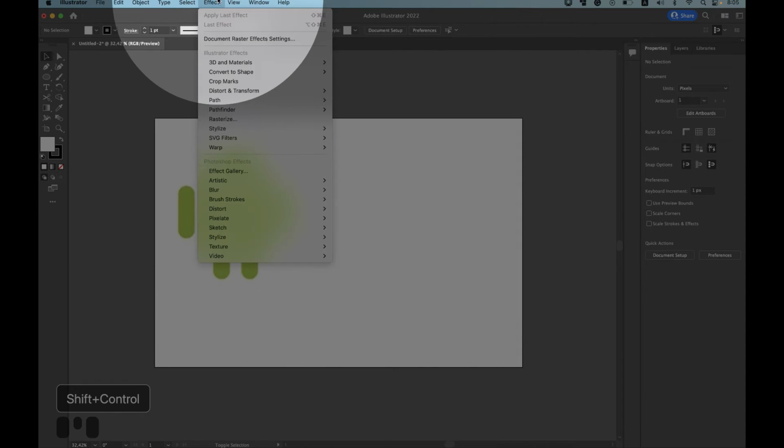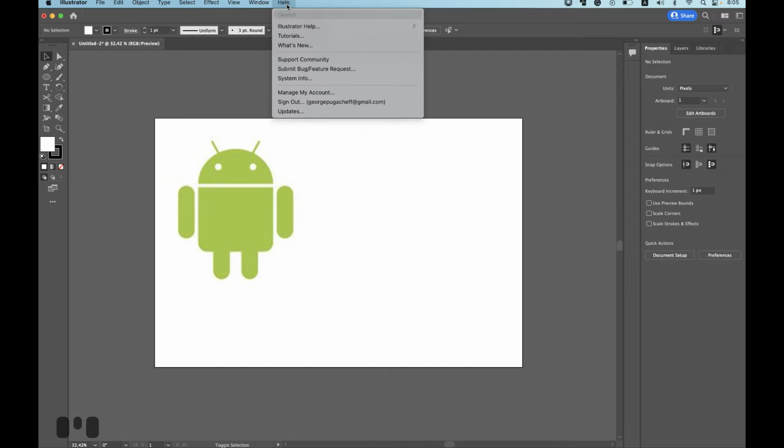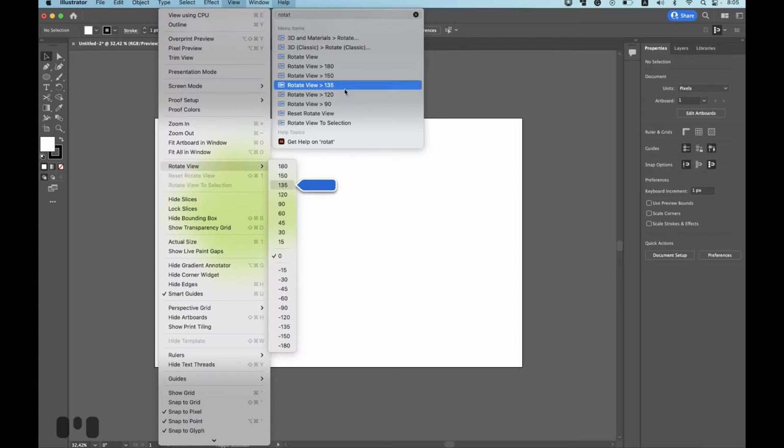And we use the main menu occasionally. If you need to find something, you can go to Help and it will be fine. For instance, rotate, and here is rotate 3D, rotate view, all of this stuff about rotating. So with the Help tab, you can find the place where it's placed.